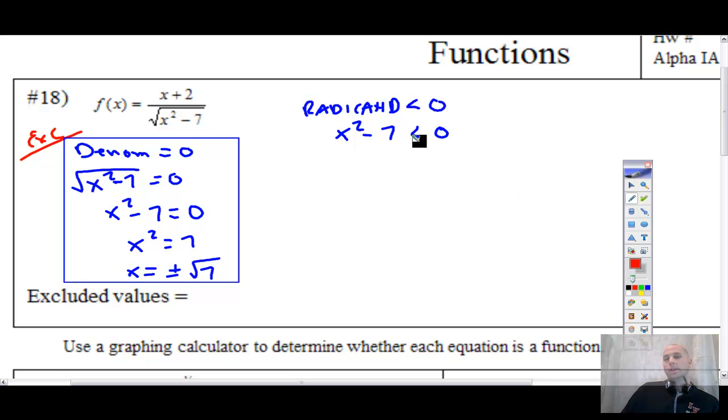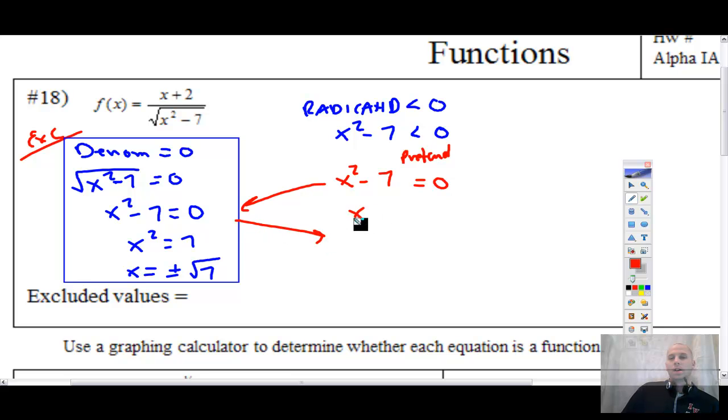Since this is a less than and it has an exponent, I'm going to pretend that this is actually an equal sign. And then later we will fix the fact that we're pretending it's an equals. If I solve this, it's going to be the same thing as it was over here. You're going to get x squared equals 7, x equals plus or minus square root of 7. That's not entirely true because we pretended here. So to fix the fact that we pretended,